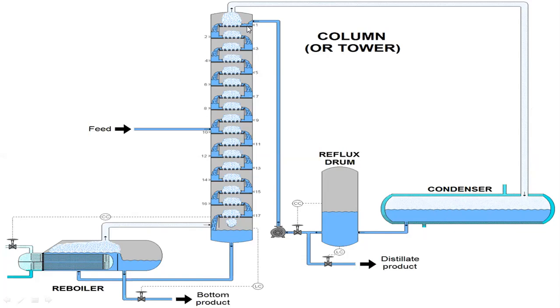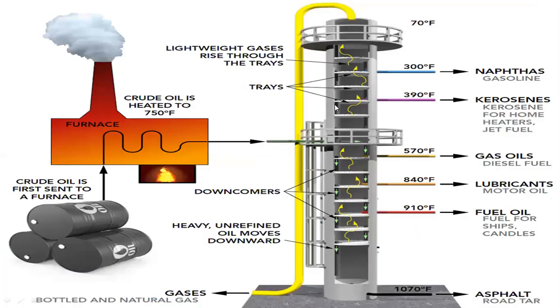So there are two very important controls for distillation columns or distillation towers. Basically, you have a reboiler to reboil the liquid that is getting collected at the bottom and send it back again. Then you have the vapors coming from the top getting condensed and sent back as reflux from the reflux drum to the top again. And some of the distillate product gets collected for use. This is a very broad functionality of a distillation tower.